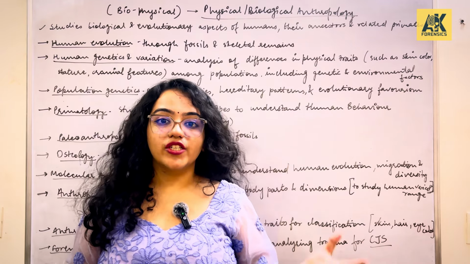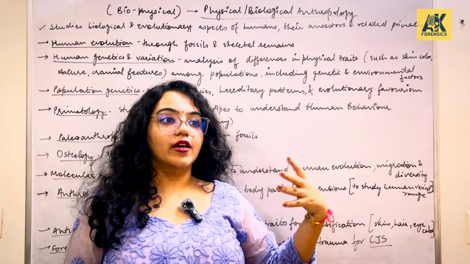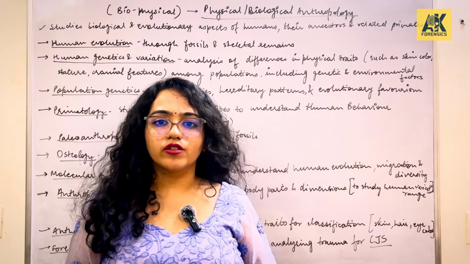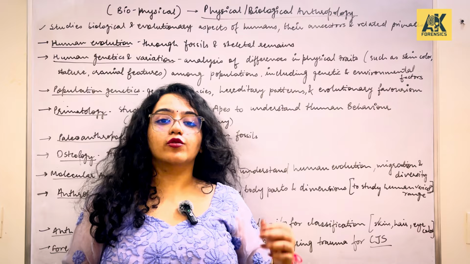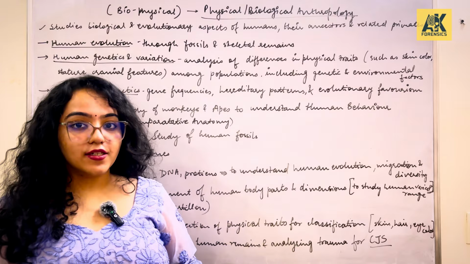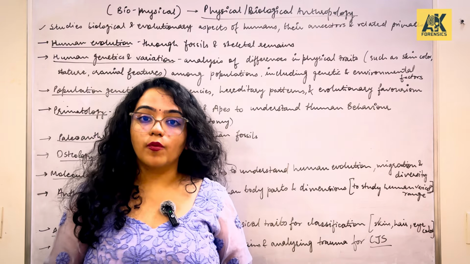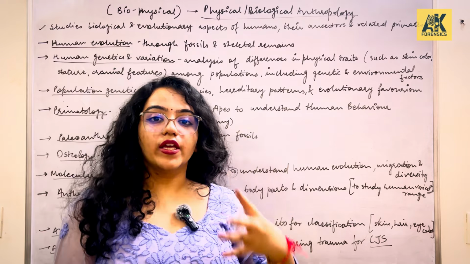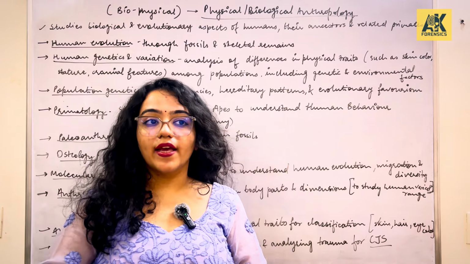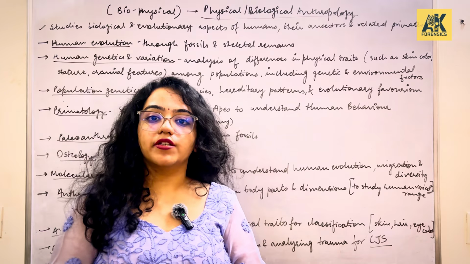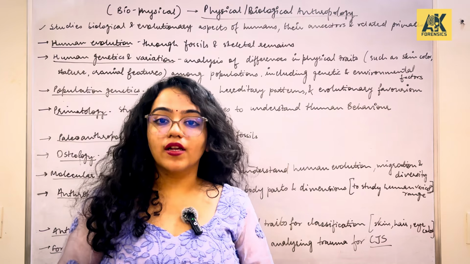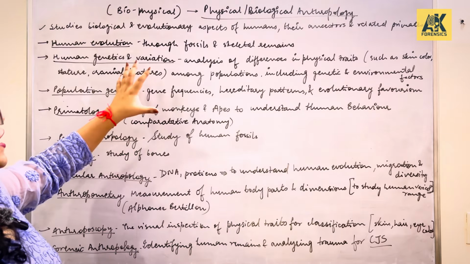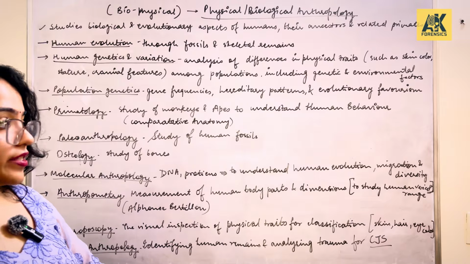So with the help of our genes, with the help of our population dynamics like population genetics, through mutations, through natural selections, right, through gene flow. So there are these terms that are commonly used in population genetics, which helps us in actually understanding how we evolved this far and how our DNA has actually accumulated certain changes over time to depict the physical characteristics that we encompass today, right? So it has many different areas to be studied.